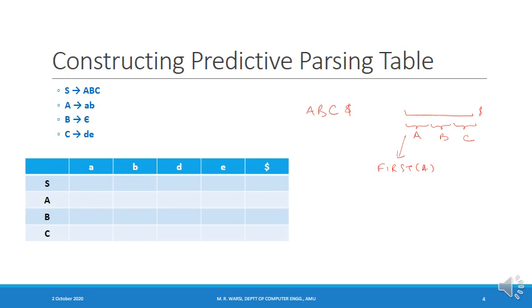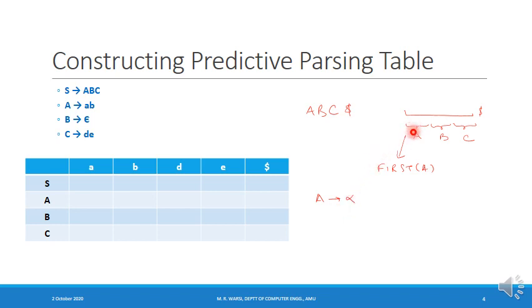Now since capital A is on top of the stack, this capital A can be expanded using some production of the grammar. So the parser now has to determine which production to use for expanding this capital A. Let us assume that I have a production from the grammar which is capital A derives alpha. The question now is whether I can use this production for expanding this capital A. If I want to use this production, this string must be derivable from this production.